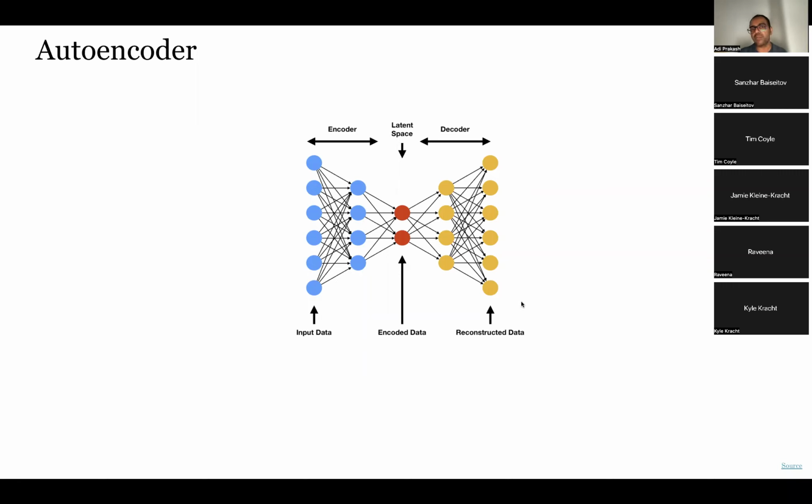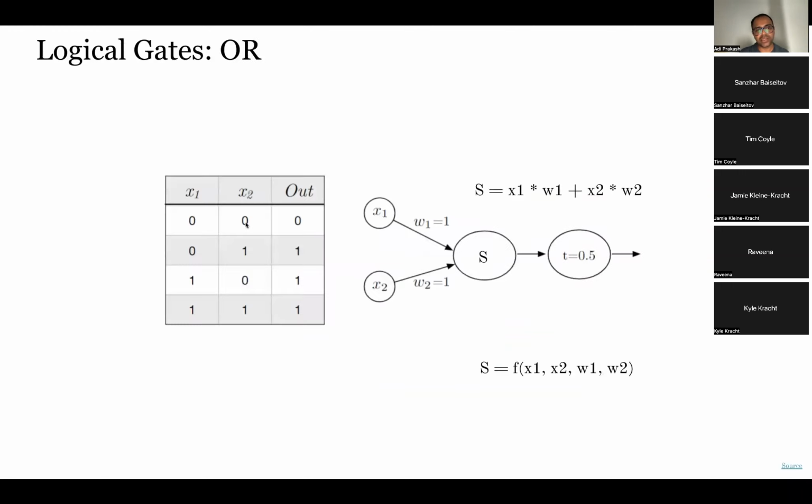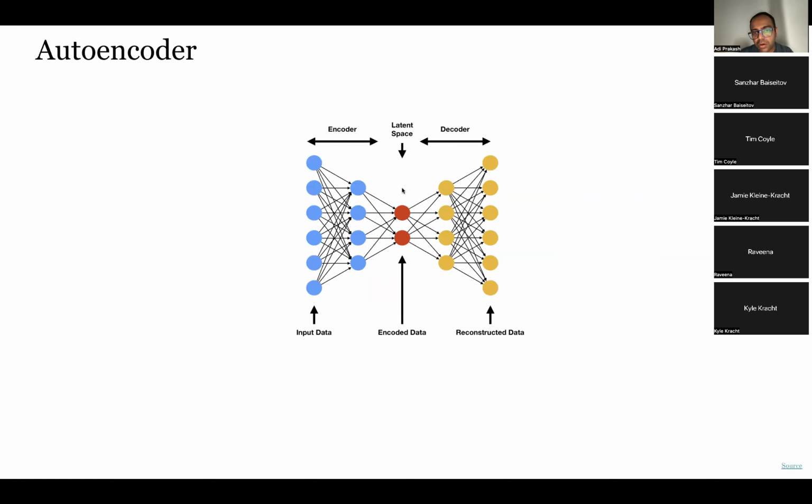Then you may ask, what is the point of this? I already have these input features. Why should I try to make a neural network that learns them? For example, if you go back to this table, what I'm saying is that if there are out1 and out2, out1 should match x1 and out2 should represent x2. In that case, why not simply connect x1 to out1 and x2 to out2, and you're done? But here the trick is that in the middle you have a much smaller number of neurons. So if you think of each of these as dimensions of your signal,